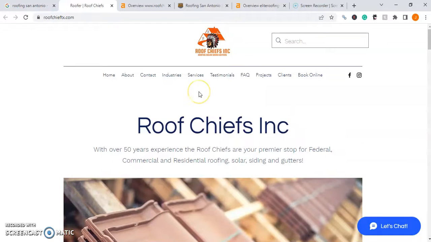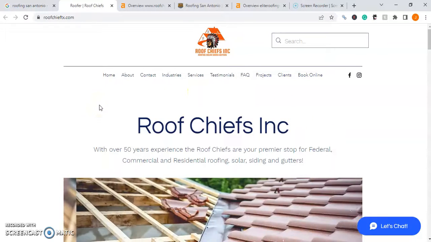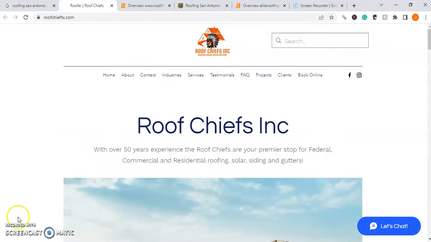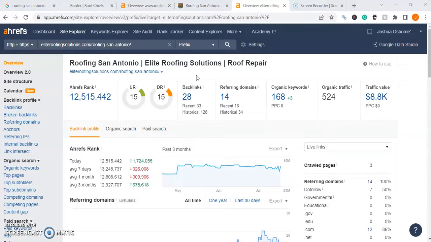So we need both to create the strongest strategy possible. But let's go back to your competitor and take a look at their backlink structure and see how it stacks up to yours. So here we are taking a look at your competition, and while they only have 30 backlinks built to this one specific page, they are generating some nice power and bringing in about 530 users every single